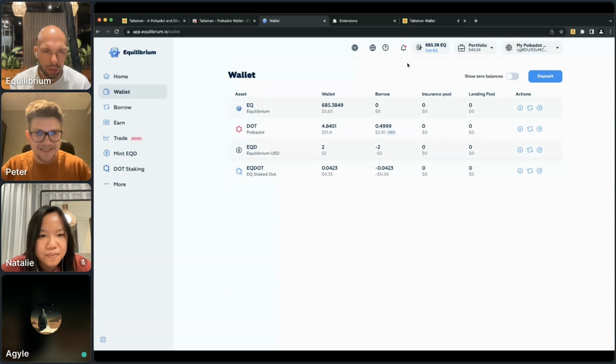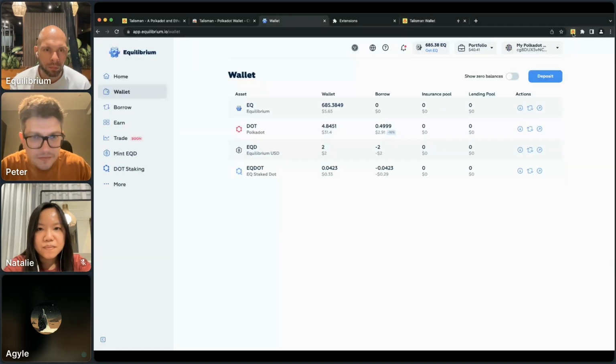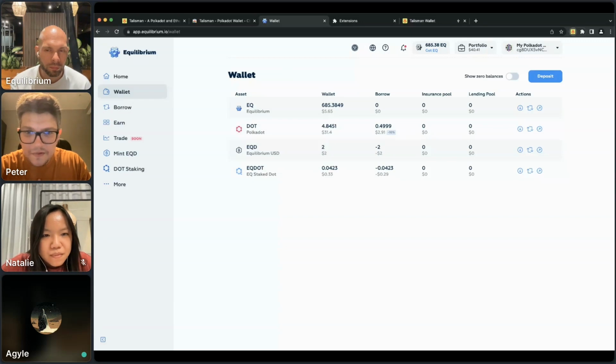Cool. So guys, I've got a whole bunch of different equilibrium assets in here. If I come into Talisman, I can see all of the same equilibrium assets. Let's say I had a whole bunch of accounts in here and a whole bunch of assets. I can go to all accounts and I can see all the assets I've got. I could lend these ones out on equilibrium and I could earn yield. And given that Talisman is also a multi-chain